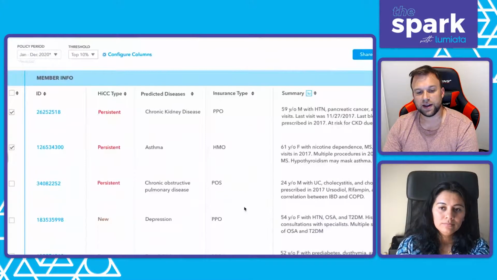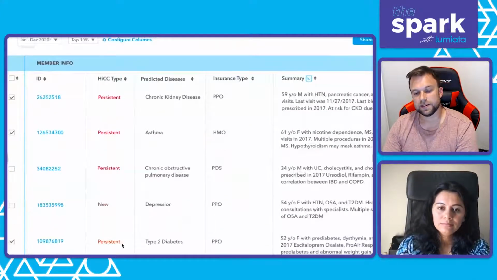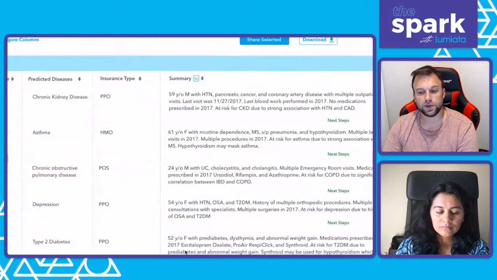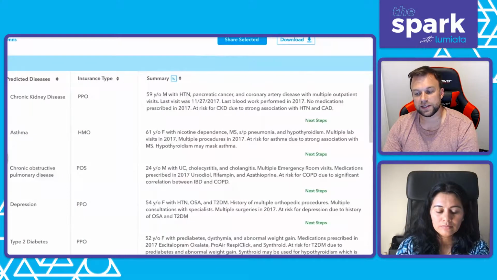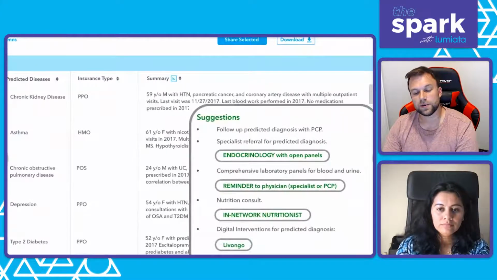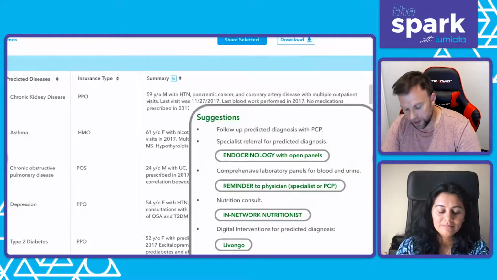If I were to scroll down, I can find this member here who is a persistent high cost member and who has type 2 diabetes predicted. They've never had type 2 diabetes diagnosed before. However, we've got a brief summary that says we have a 52-year-old female with prediabetes and abnormal weight gain. What we actually have the ability to do with our predictions is help health plans with these care and disease management programs develop next steps or suggestions for their members. So based on the detailed information related to this individual and their diagnosis of type 2 diabetes, we have the ability to develop